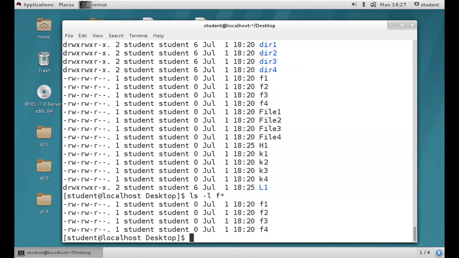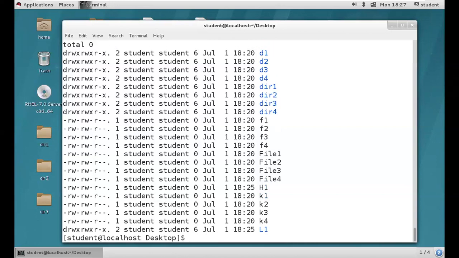Now my requirement is to filter files starting with small f and files starting with small k, both. If you execute ls -l, you are going to get the huge list. From this list, we need to filter the files starting with small f and small k. ls -l, open the brackets, k and f, close the brackets and star.